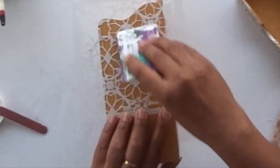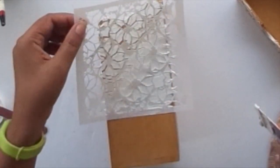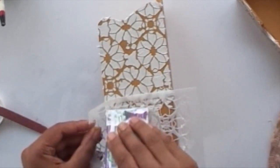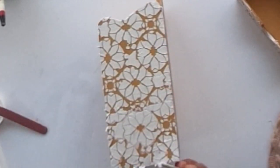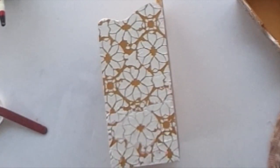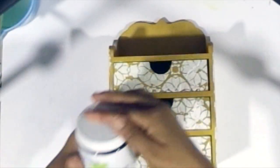So here I'm going again on the sides, and yes, being very generous with the modeling paste, applying a very thick coat. And I'm using a 6x6 stencil because I thought the 12x12 stencil's design was too big and the details weren't enough to showcase on this particular small drawer set. So I use this, but if you're doing a bigger project, a bigger box or something, you could use a 12x12 stencil and you won't have to repeat the stenciling. You can do it in one go if you have a bigger stencil. I did mess up a little bit because my stencil was overlapping, but that is it. And then I left it to air dry, and once it was all completely dry,